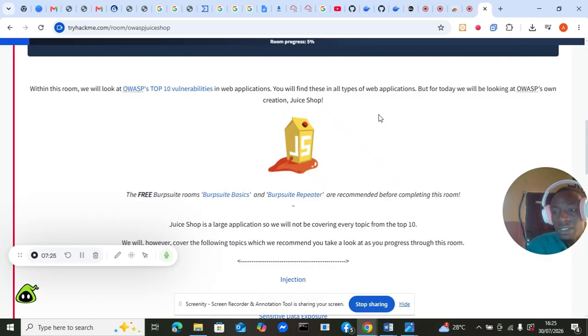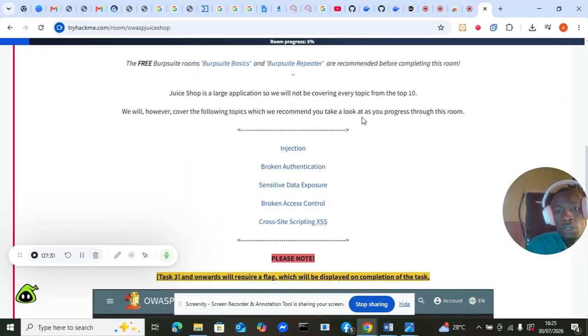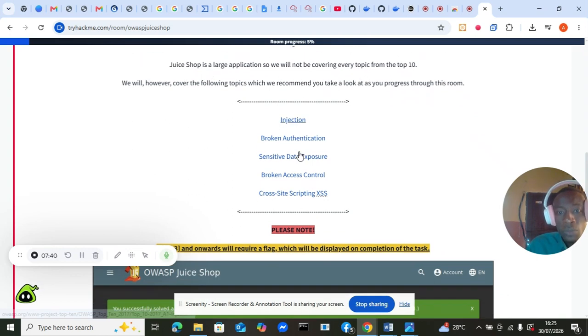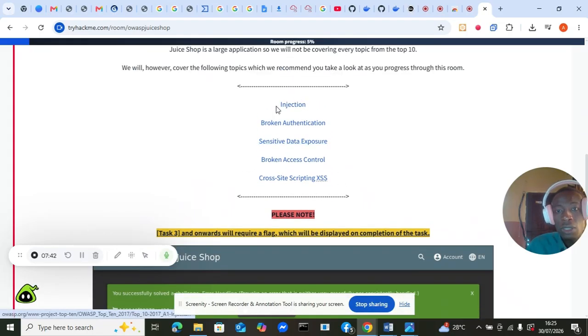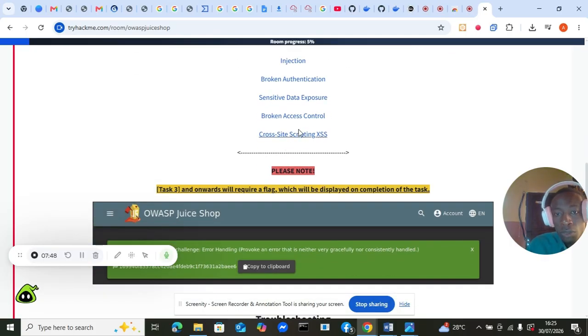Do you get it? We have the one we call injections. Juice Shop is a large application, so we will not be covering everything. They're going to look at injection, broken authentication, sensitive data exposure, broken access control, cross-site scripting and the rest. These are different kinds of vulnerabilities that can be in a website.